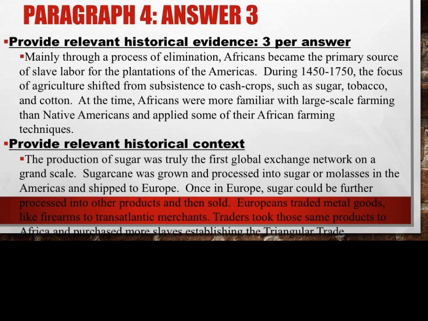The Africans were just very familiar with those techniques, and they were better for what the Europeans needed. So this section right here gives 3 pieces of evidence that explains agriculture and farming as an answer to a continuity for labor systems in the global system. Because even though the agriculture itself changed from subsistence to cash crops, the agriculture, which is your answer, still existed,